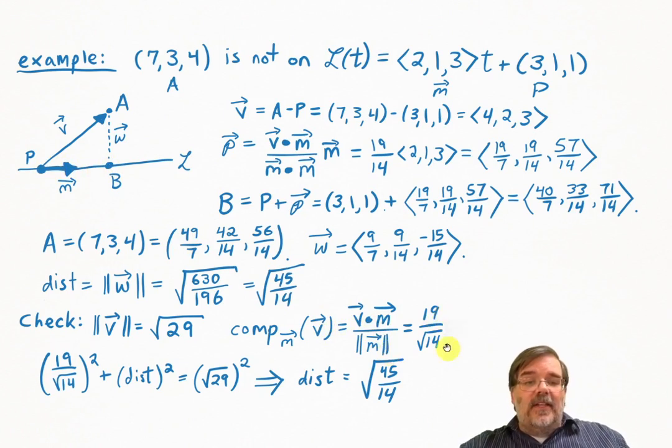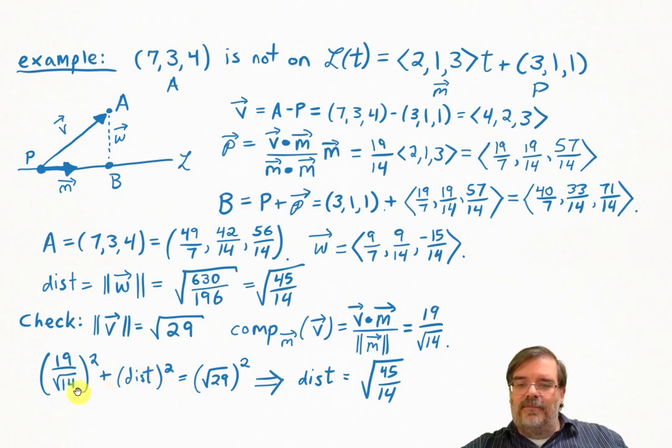In this case, that's 19 over the square root of 14. And this should look familiar, because remember, the component is closely related to the projection vector. And this fraction we see here looks very similar to this fraction, except the component has that square root in the denominator. Once you've got these two numbers, set up the Pythagorean theorem, like so, and you want to solve